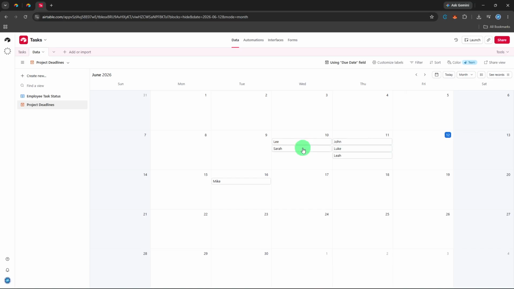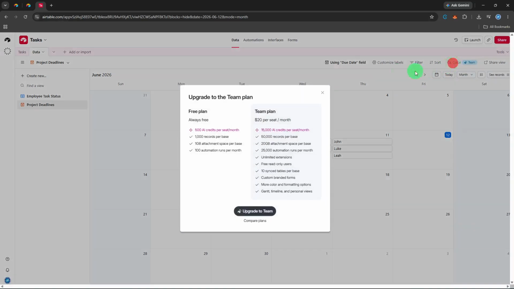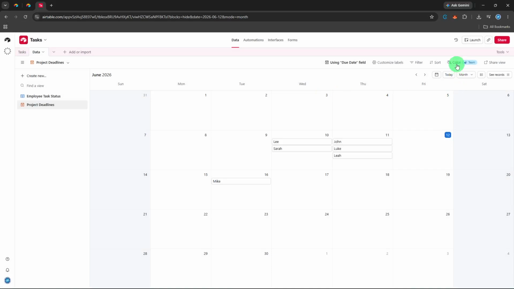Before you wrap up, here are a few tips to get the most out of your calendar view. Add due dates, event dates, or deadlines to keep your records organized and timely. Use single select fields with color-coded options, like red for urgent or green for complete, so you can spot priorities at a glance. You can also apply filters to show only specific projects, teams, or event types, keeping your calendar